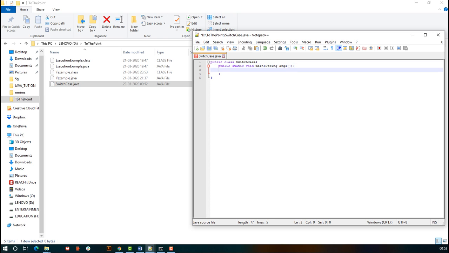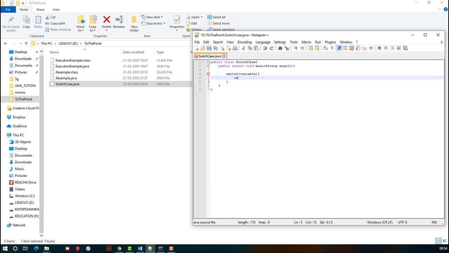So with switch case, we'll send it a variable. Suppose this is that variable, and we'll open the switch case and close the switch case,